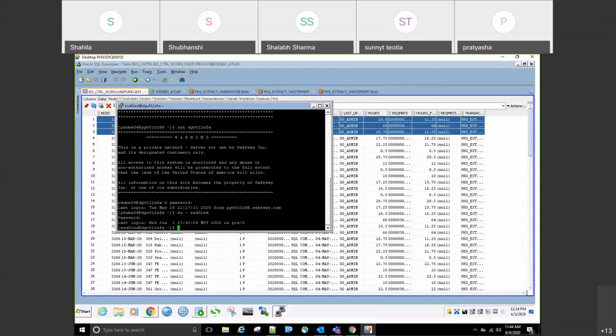When I want to trigger the workload forecast stored procedure, I have already created a property file which has all the required data, like the name of the stored procedure which needs to be triggered, and the number of records that need to get processed in one batch, like how many records will become P in a single batch. That count has also been identified there. And also the queue, which is going to act as the destination queue for the stored procedure, has been put there. Those things will be covered in subsequent sessions, but we have already put them in a property file, which is present at a location. Now when I have to trigger it, I am just going to